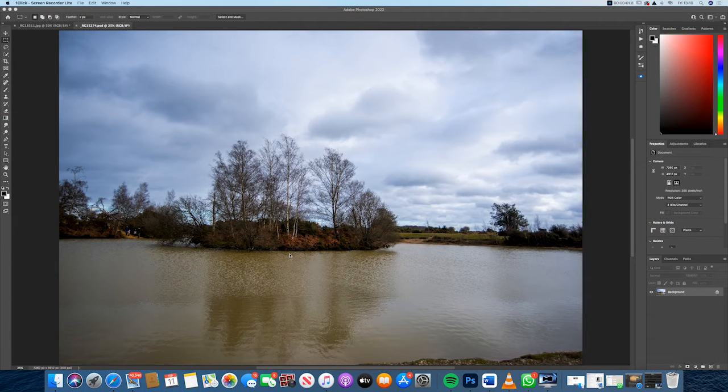Now today we're going to do a Photoshop tutorial, and this one's going to be on reflections. It's a bit of fun, I'm sure you'll enjoy it. Let's jump straight in. Okay, as you can see now I've got an image opened up on the screen and